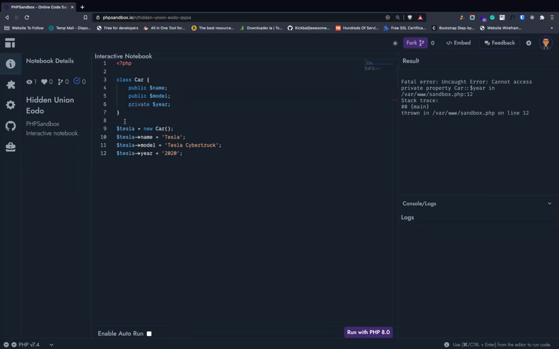So this object can't access these two properties here, protected and private, because they are only scoped for that class, not for the object. So some of you might be asking, how can I go about getting the value of a protected or a private property? So you can do something like this: protected, say public